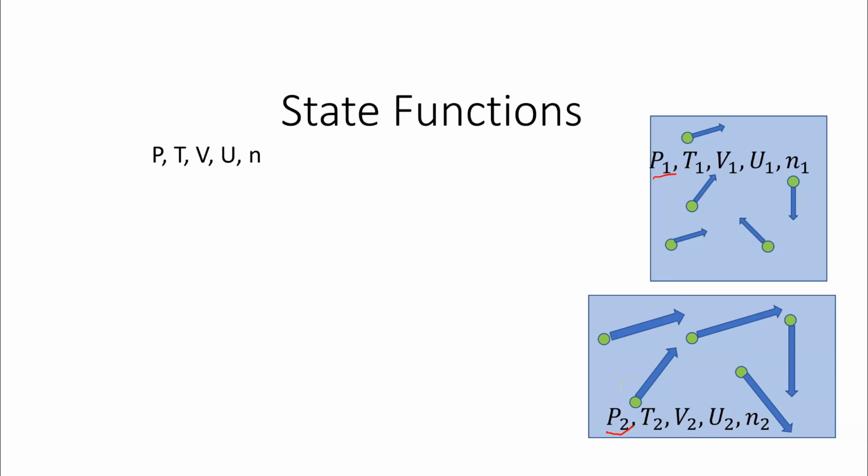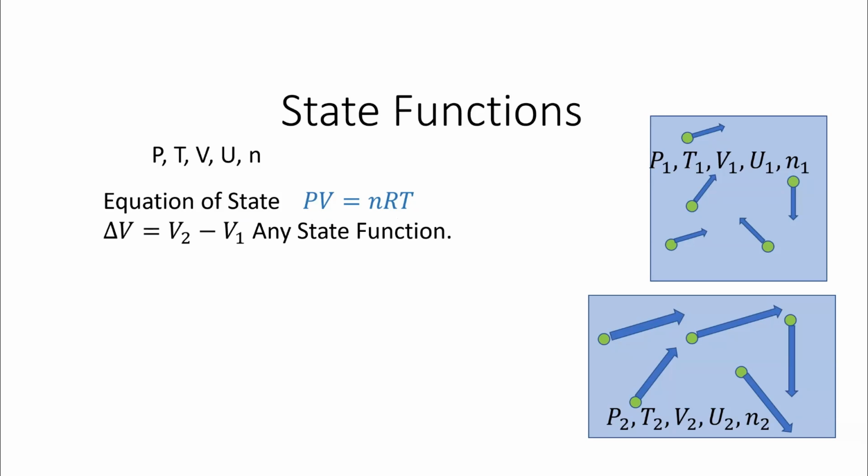It's something you can tell about a system just by looking at it, without knowing anything about the history of the system. In fact, we even have equations called equations of state. These are equilibrium states, and they relate state variables of a system that you can just look at and know everything you need to know about a system. What if you wanted to know the change in a state variable? Well, that's easy. You know V2, you know V1. If you want to know what the change in volume is, that makes perfect sense.